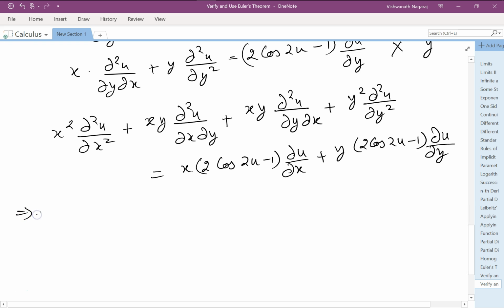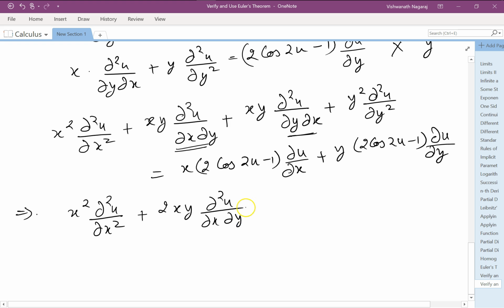Okay, so let's see. Now here, if you notice, this is dou x by dou x dou y, and this is dou y dou x. But remember, they are both equal. The order of derivation is not relevant. So they both are equal. That means these two are like terms. So which means x square dou square u by dou x square plus 2xy dou square u by dou x dou y, any one we can choose, plus y square dou square u by dou y square